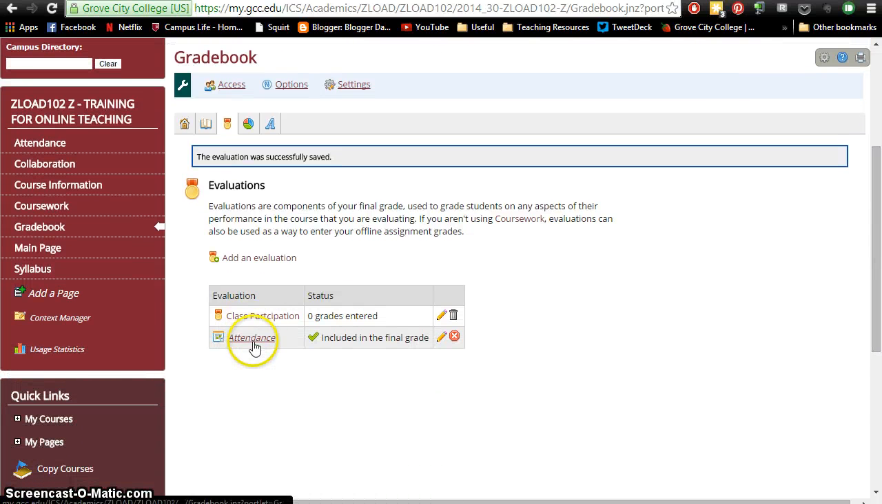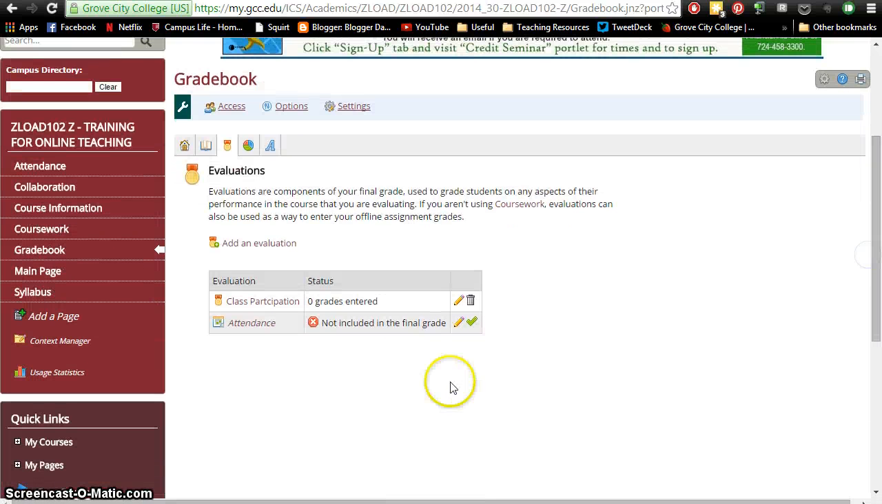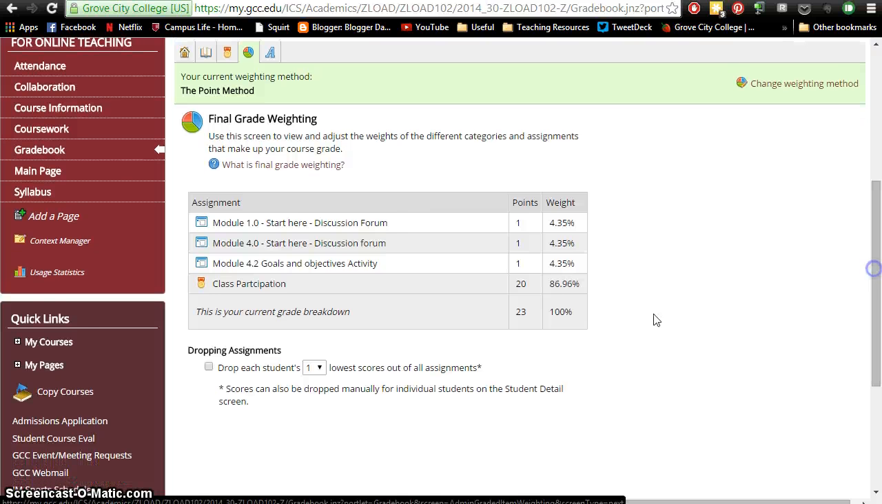This also, by default, shows attendance, and you can decide if you want to include it in the final grade, or if you click the X if you don't want it included in the final grade. So that's the evaluations. The final grade weighting shows the breakdown of the weight per module and for the overall